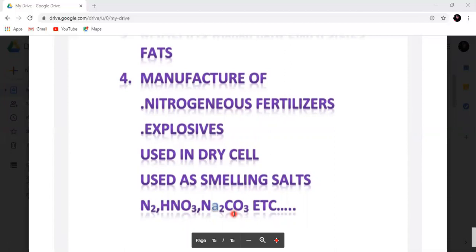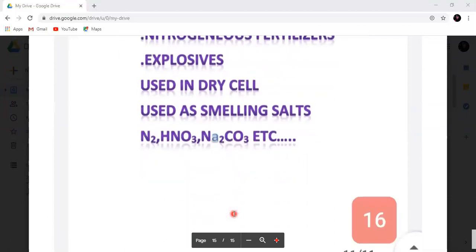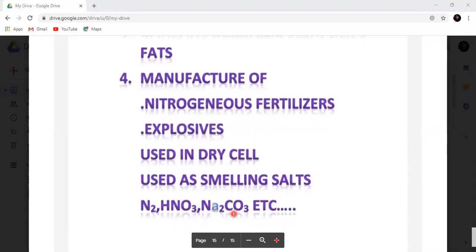By this, your uses of ammonia are over, and your chapter is also finished. Kindly go through this chapter thoroughly. Learn the reactions by writing. Underline the observations in your book, and try to solve all the questions which are present in your textbook. After that, we will be taking your doubt session to clear all the doubts regarding any topic, any line or any reaction.